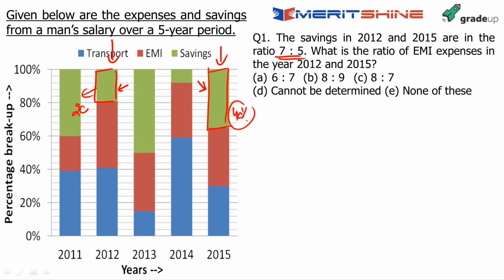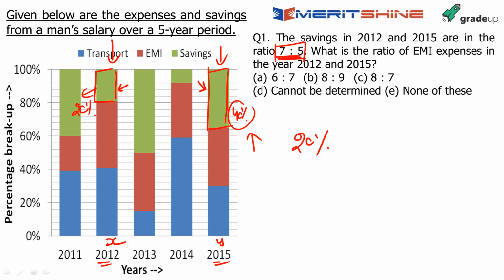मतलब ये double जैसा उसका लग रहा है. Despite this fact, the ratio of these two is 7:5. मतलब आप समझ रहे हो क्या हो रहा है? 20% of this 2012 number is bigger than 40% of this 2015 number. ऐसे ले लेते हैं एक बार को, मैं इसको x लिख लेता हूं जिससे आपको कंफ्यूजन ना हो. So x is the salary for 2012 and y is the salary for 2015.